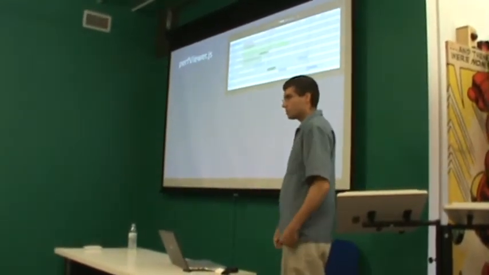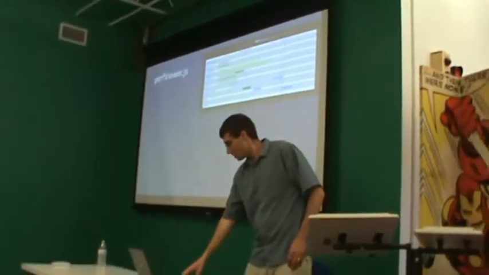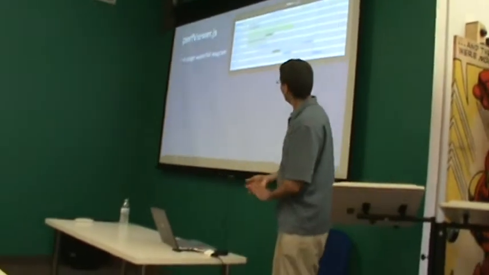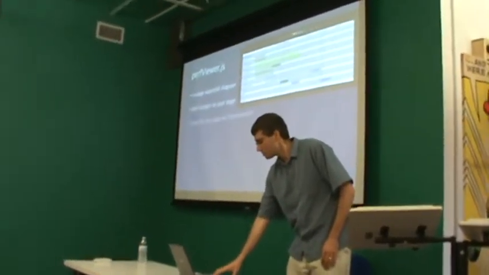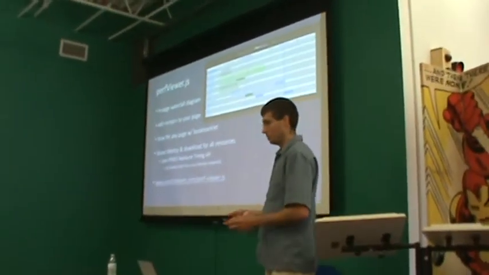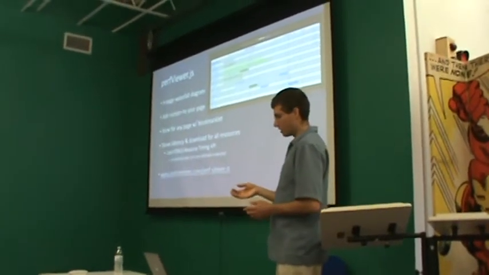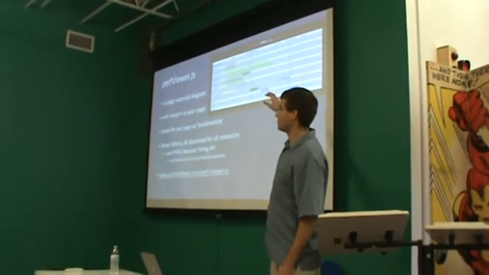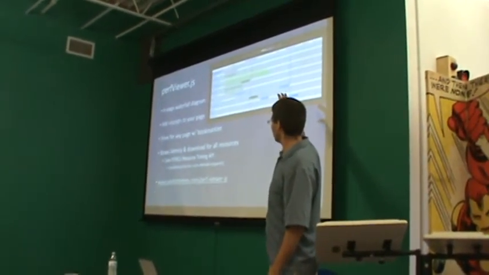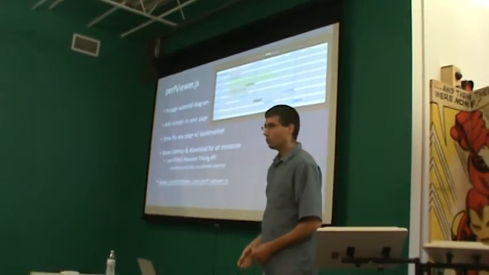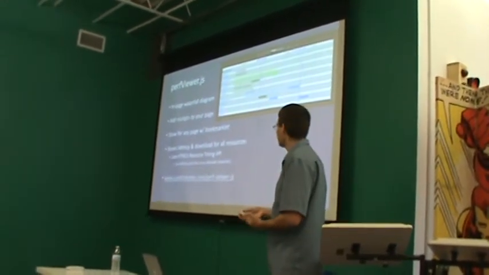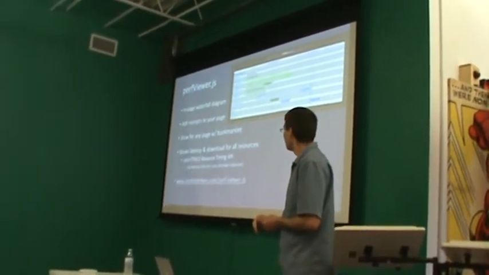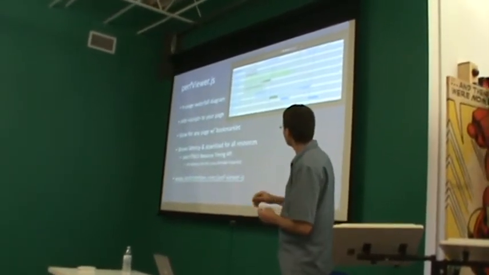PerfViewer.js, this is something I did myself a few days ago. It shows a waterfall diagram in the page. It's based on the HTML5 resource navigation timing. So if you want, you can go to my website and add the script to your page. It will show you at the top, this page loaded in X number of milliseconds. You click details, you get a waterfall diagram. Or you can make it a bookmarklet and just have a button on your browser. You can click it for any page that you go to at any time. So yeah,